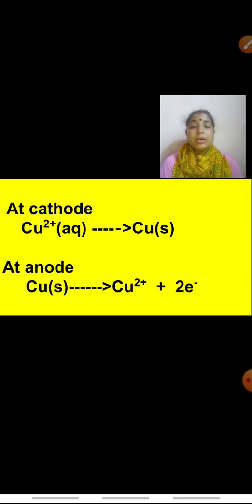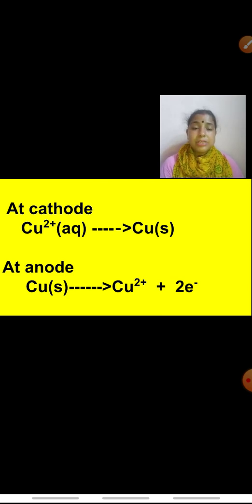Children, many other substances are electrolyzed. For example, take water. When electricity is passed through water, it breaks down to give what? Oxygen and hydrogen. Similarly, when electricity is passed through brine solution, which you have studied in standard 10, the aqueous solution of sodium chloride,